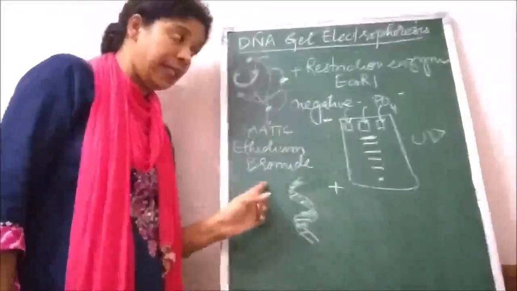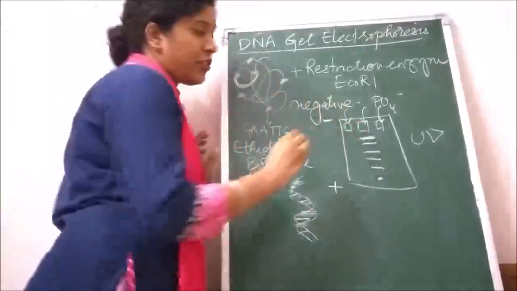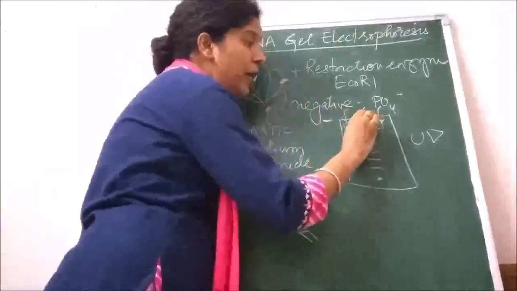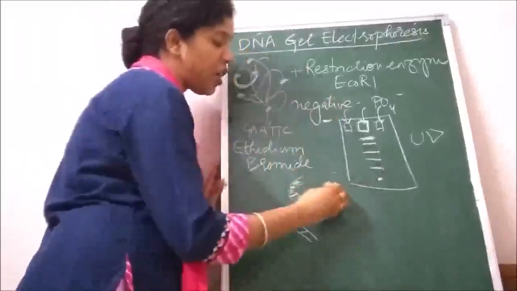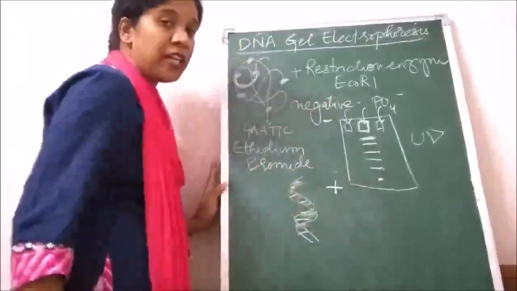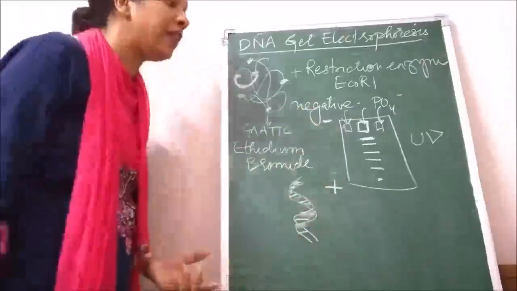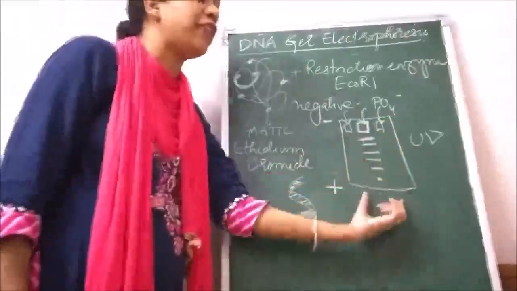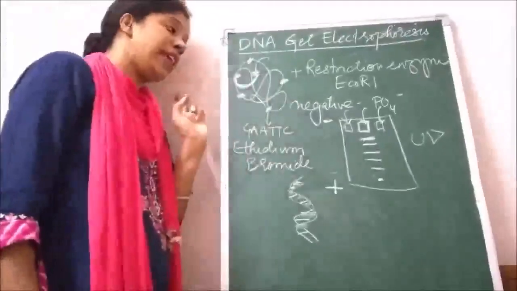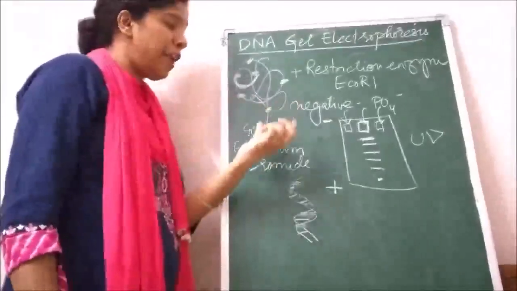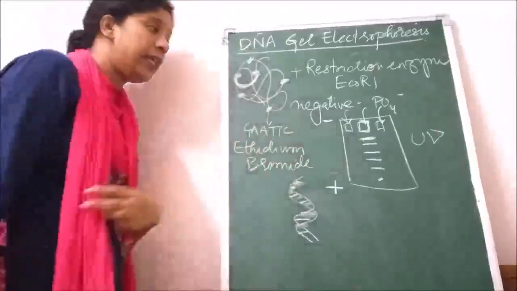It causes cancer. So when you load the DNA, which you have digested with the restriction enzyme, into these small wells, they are going to separate in an electric field. Since DNA is negatively charged, it is going to move towards the positive charge on the basis of their molecular weight. The smaller the size, the more migration will take place, and after some time you will see the different bands of the DNA which are separated. So gel electrophoresis is a technique by which you separate the DNA fragments on the basis of their molecular weight, and you can visualize them with the help of ethidium bromide.